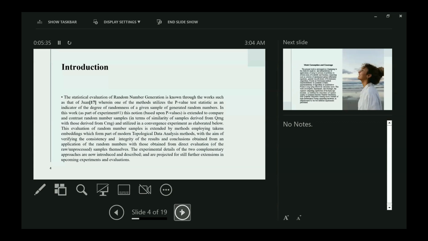Once that was achieved, we wanted to have another source of information to validate what was performed in the first evolutionary program experiment. So I went ahead and performed another experiment using topological data analysis methods, to verify the consistency and integrity of the results and conclusions obtained with the evolutionary program. Now, to describe this topological data analysis experiment,